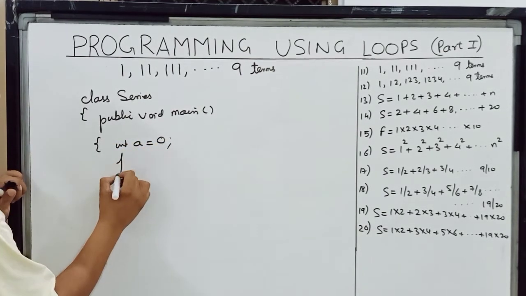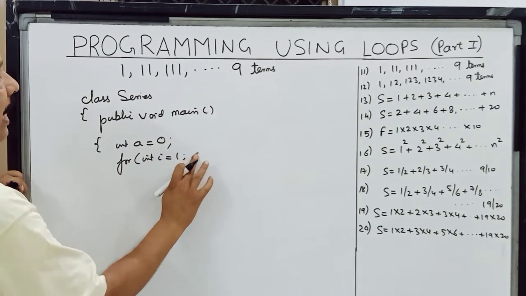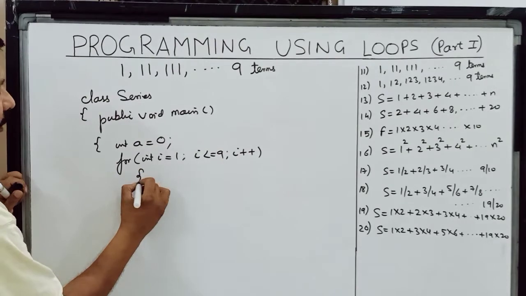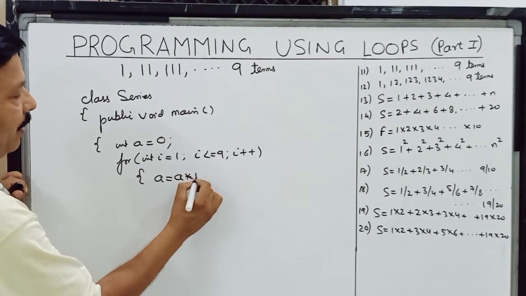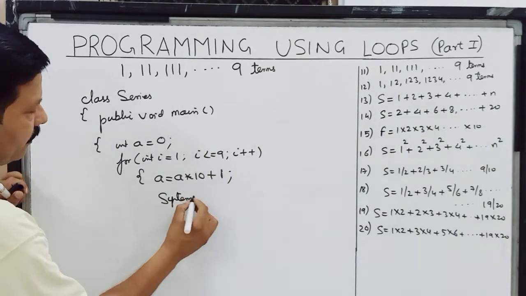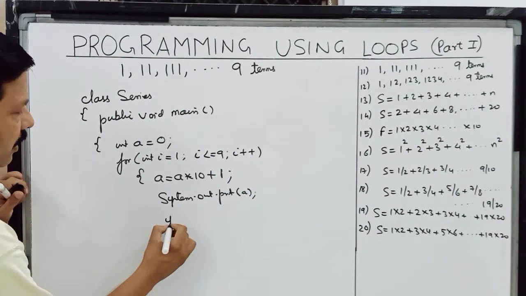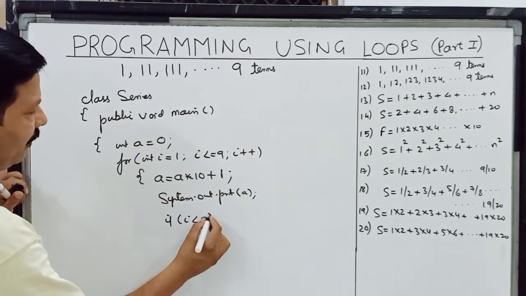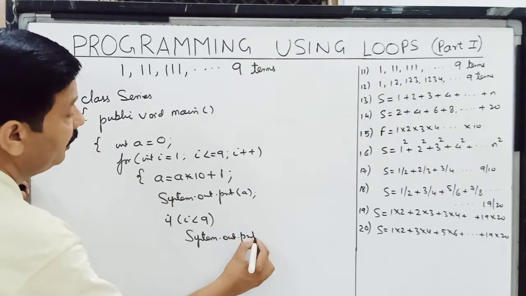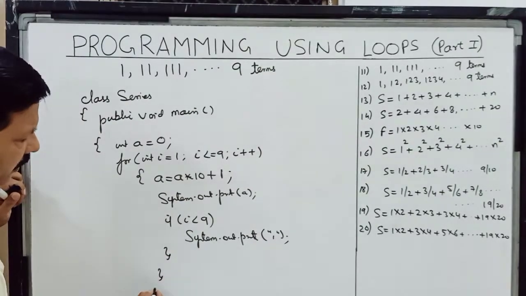I will tell you why I have taken it. How many times do I have to print this series, children? I have to print it 9 times, so I am running a loop from 1 to 9. And here I am saying a is equal to a multiplied by 10 plus 1, and I print a. And for the comma I say if i is less than 9, I am printing a comma also. Children, this series also has come in the board exam. The comma was not asked over there, but this series has come.